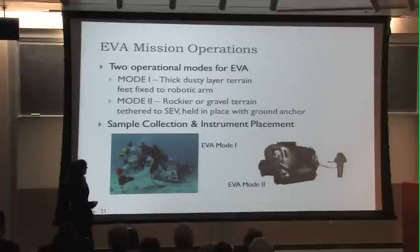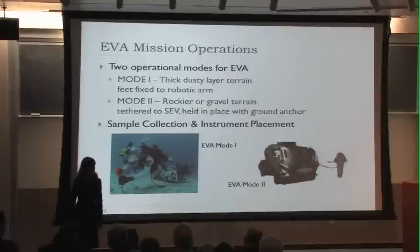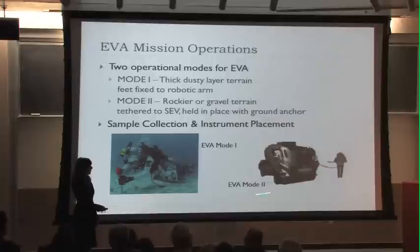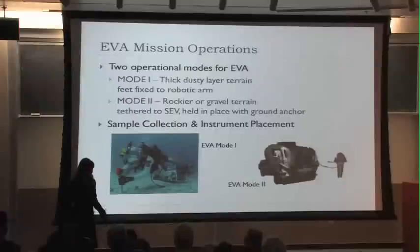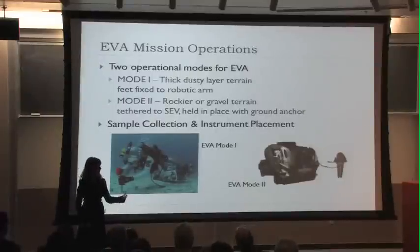For Mode 2, this comes into play if we have a friendlier, rockier gravel terrain on which our astronaut on EVA can actually exit the vehicle on a tether, which provides a greater range of mobility across the surface compared to this robotic arm. Then they can travel to the location where they want to perform science, leave behind an instrument or collect a sample,